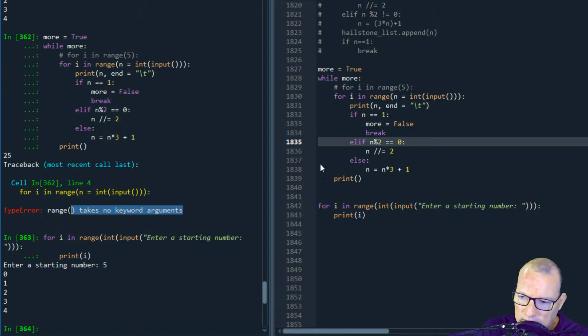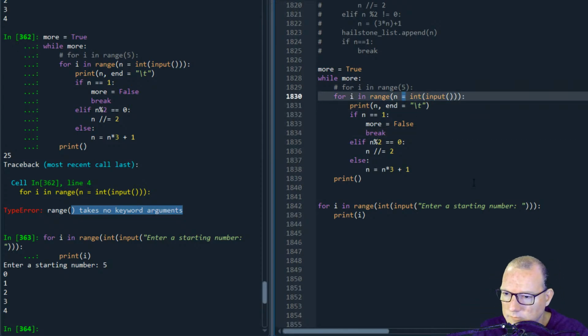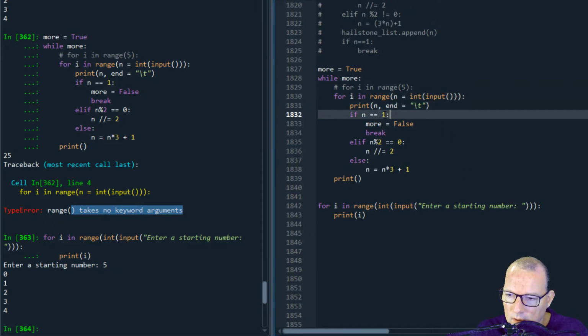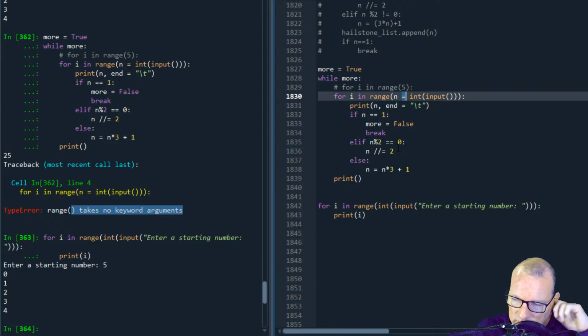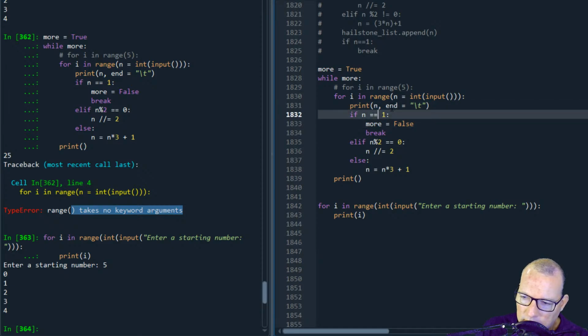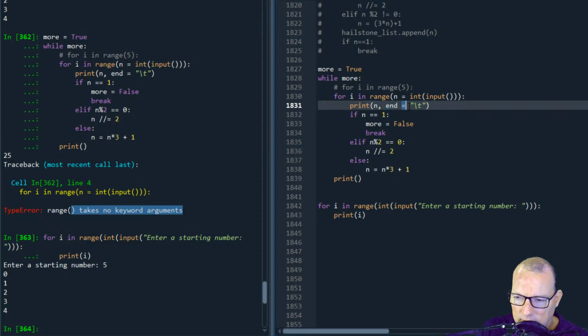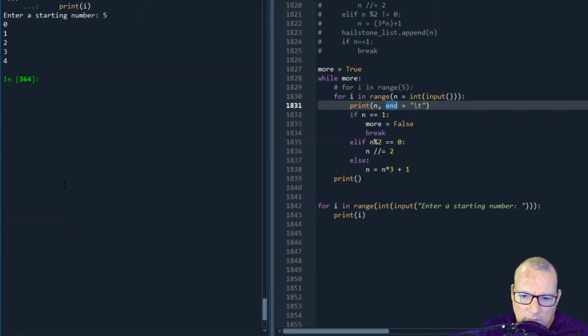The reason it says keyword is that whenever you have an equal sign inside, it's the equivalent of this. Python has rules. So right here, there is no in, but end is a keyword inside of print. And I'm reassigning, changing the default to this. So you have